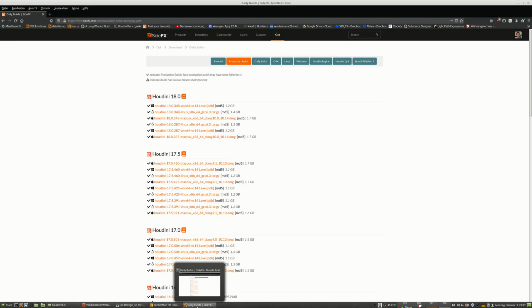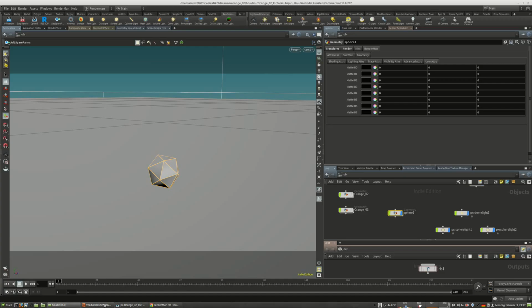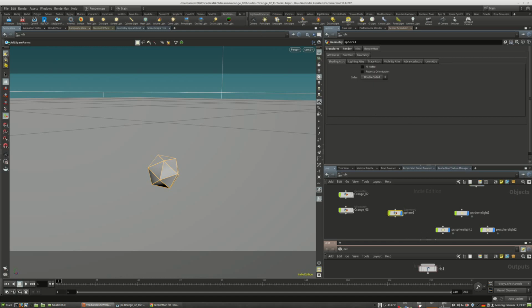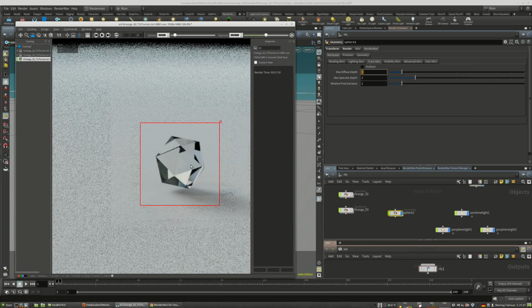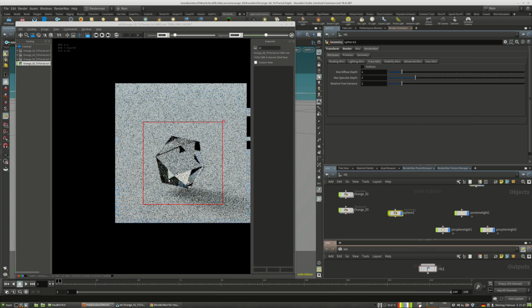So, and we can close this. So, when you have pushed this button, you have all kinds of topics or tabs in here. The most important are the trace attributes. So right now, the defaults mean that you only have one diffuse bounce on the GI and subsurface scattering and so on the defaults. So in order to have a better lighting in your scene and a more correct way,